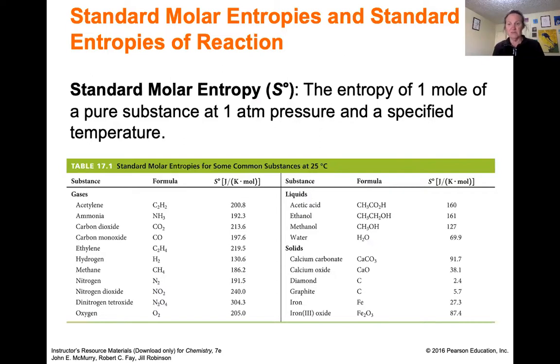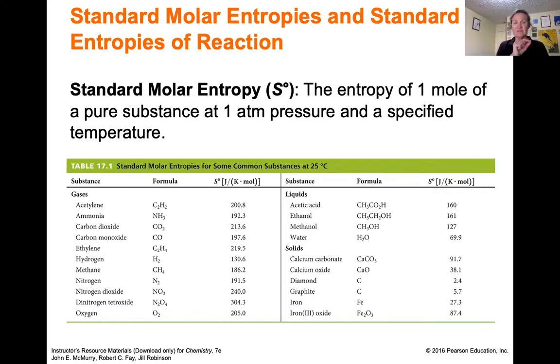This is just a table giving you some entropy, and your book has huge tables in the back where you always found delta H's of formation. But in general, the bigger the molecule, the more entropy it will have, and we'll look at some specific calculations. So what you'll get out of these tables is the actual entropy. So you won't get changes in entropy like you get changes in enthalpy out of that table.